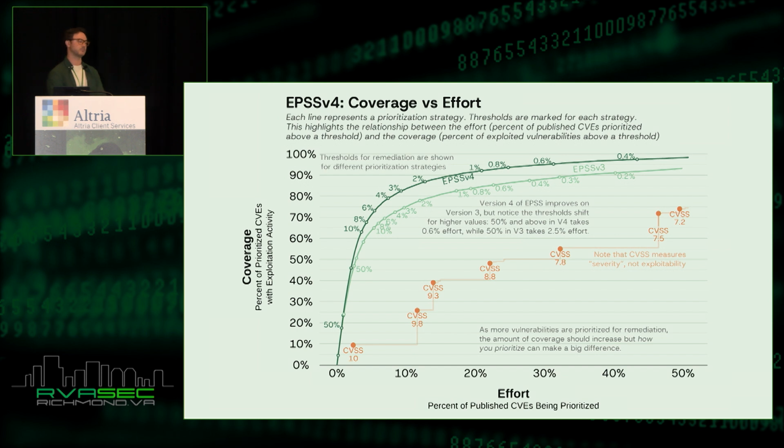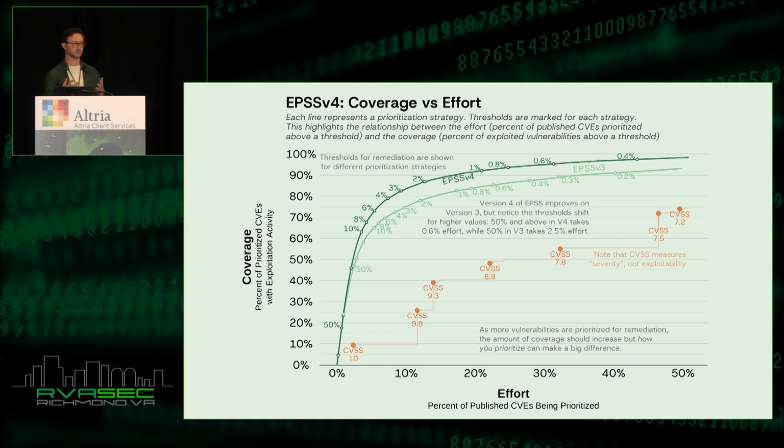EPSS is a model published at first.org that is free and open to the public every day. Every CVE gets new scores uploaded, and there's an API for them. There's a special interest group within FIRST as well, but EPSS uses donated exploitation activity as an outcome measure and is a machine learning model trained on about 2,000 features about each CVE, things ranging from is the vendor Microsoft